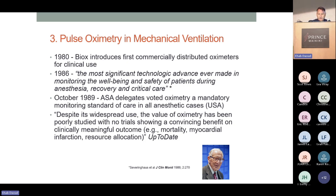and found this comment about oximetry. Despite its widespread use, the value of oximetry has been poorly studied, with no trial showing a convincing benefit on clinically meaningful outcomes, for example, mortality, myocardial infarction, or resource allocation. Nonetheless, I'm pretty sure that few of us in the room would like to go back to a day where we didn't have pulse oximetry as one of our key monitors, not just in mechanically ventilated patients, but all patients